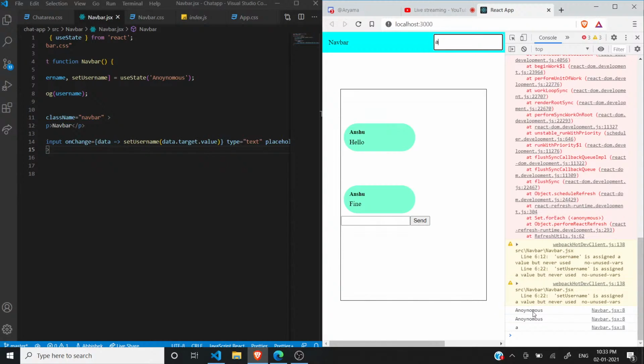You can see we can just reset the value of this variable. So what I will do is just set the local storage, because it's very handy to use local storage. We will cast the username,